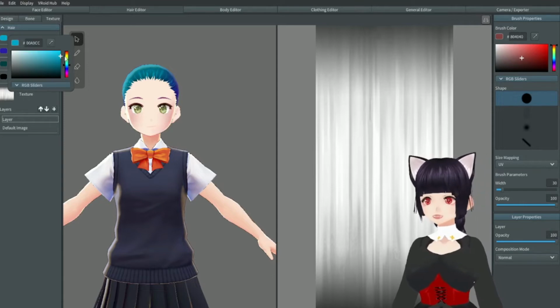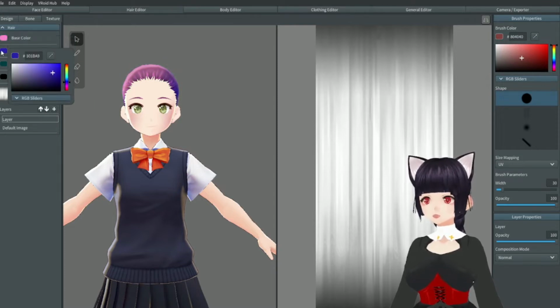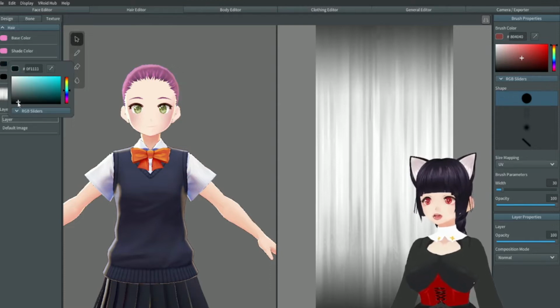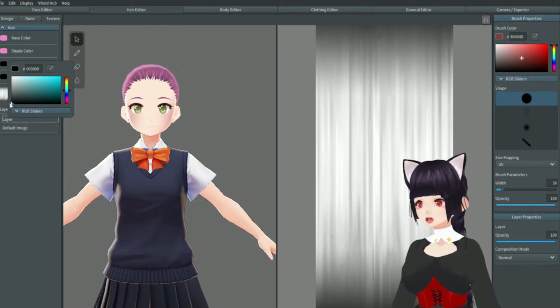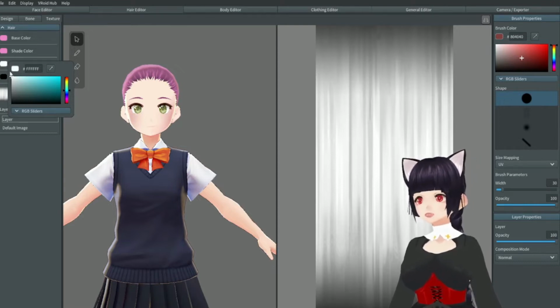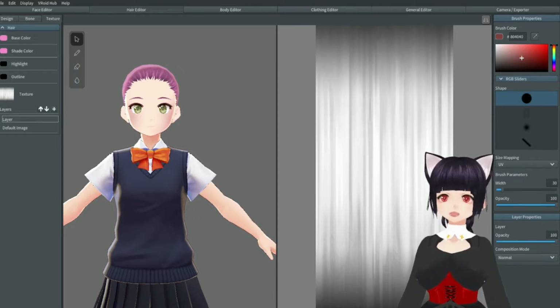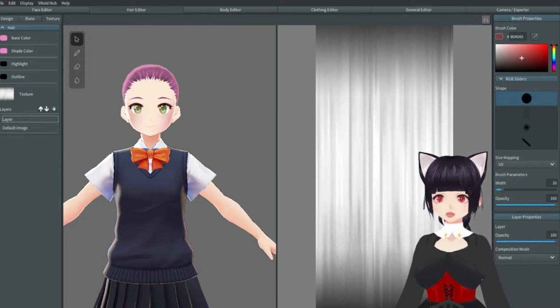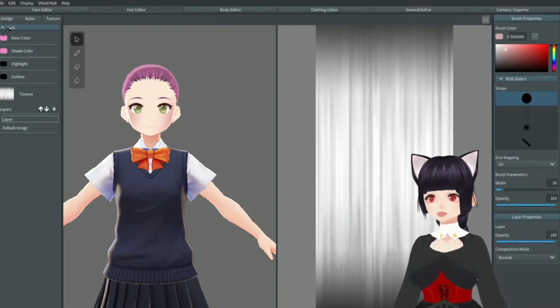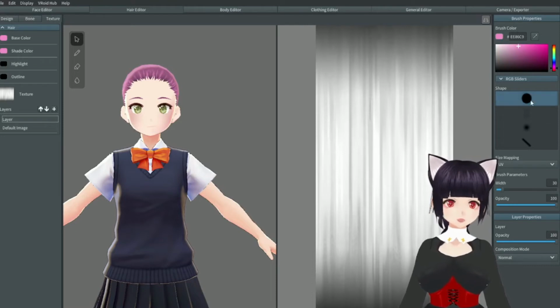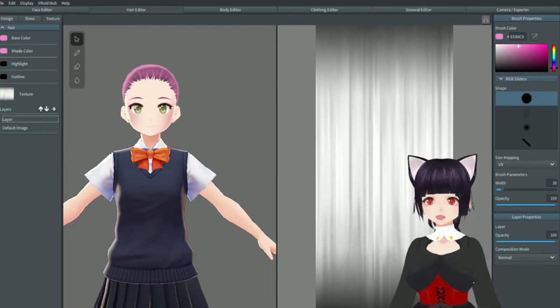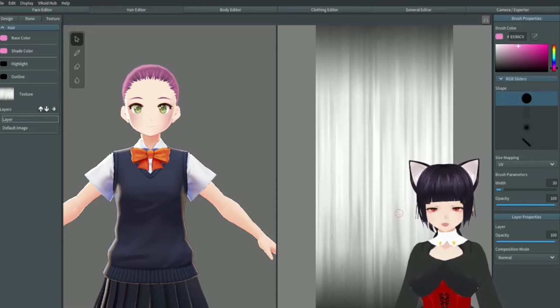We are going to change everything to a pink, like a light pink color. Typically for the highlights, I like to go to the black because if it's white, the highlights are too much, and the outline black. So once you change the color here, you're going to go over to the other side and we are going to grab that same color. So typically here, I'm just going to take my